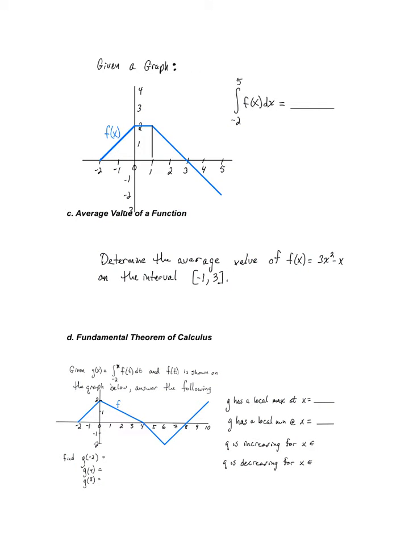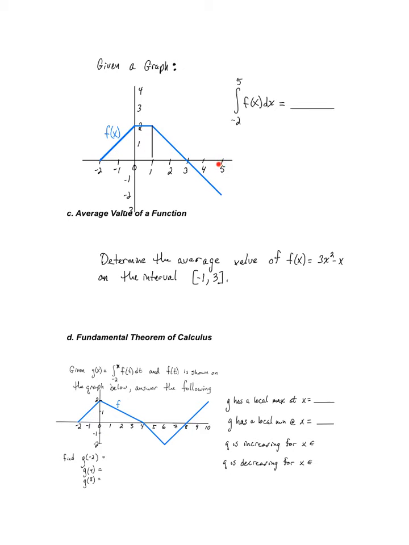Okay, another way you can be asked about a definite integral or evaluating a definite integral is when you're given a graph of a function, as we are here in this example. Granted, it's a graph that's made up of some straight line segments, so it's a graph of f of x, and we're being asked to get the definite integral of f of x from -2 to 5, which means let's find out how much area we have bounded between the x-axis and this blue curve as we move from -2